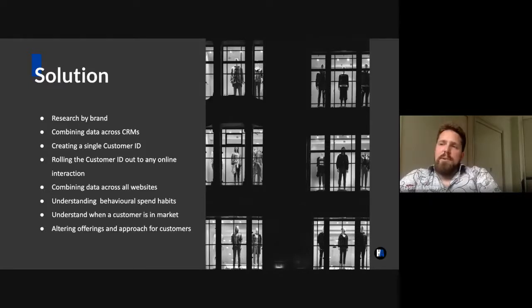So when you create this single customer ID, you do it in what we call an active data layer. So a layer of information that sits on top. It's completely non-disruptive. It just pulls all the information together that you require at the time. And to do that, once you pull it together, you create a single customer ID, which you feed back into all of those CRMs. So every time you run any analysis, you need to use that to enrich whatever other source you have. So using that single customer ID, you can now give every one of those CRMs that unique ID. From there, you can count exactly how many people you have. So you know exactly the amount of people you have in your loyalty program with no duplicates.